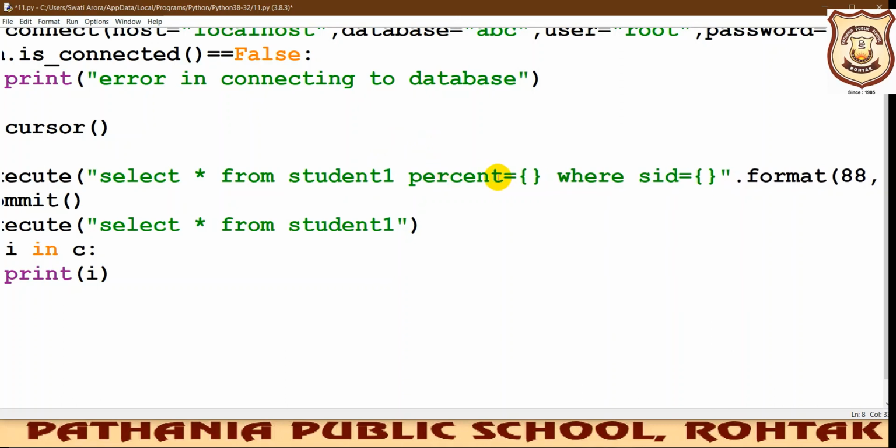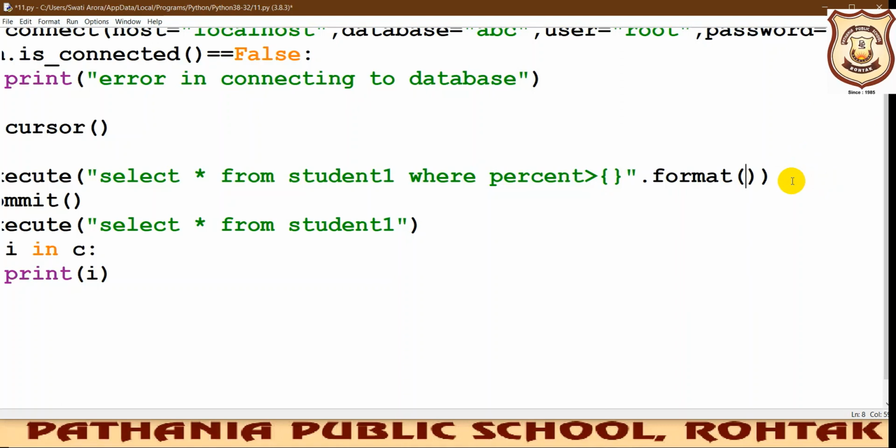Then we will put where, this percent I'm putting greater than. Whatever value I say, it should be greater than this, I must write it here.